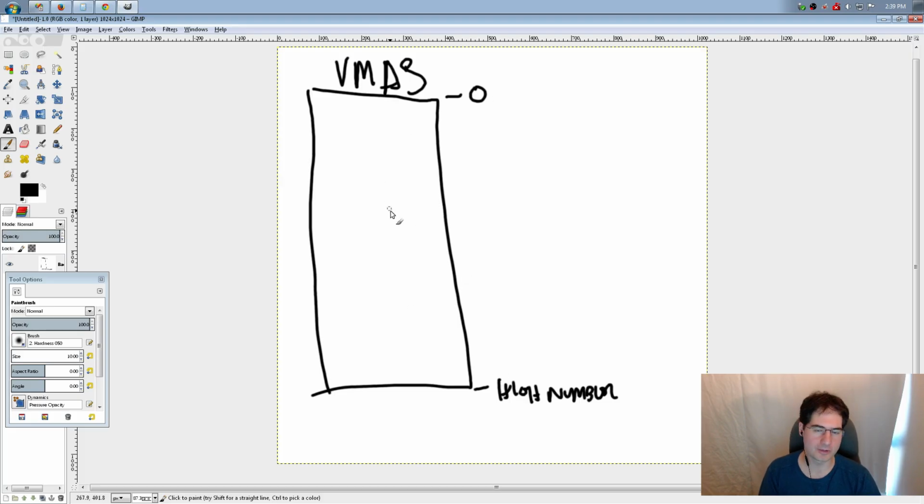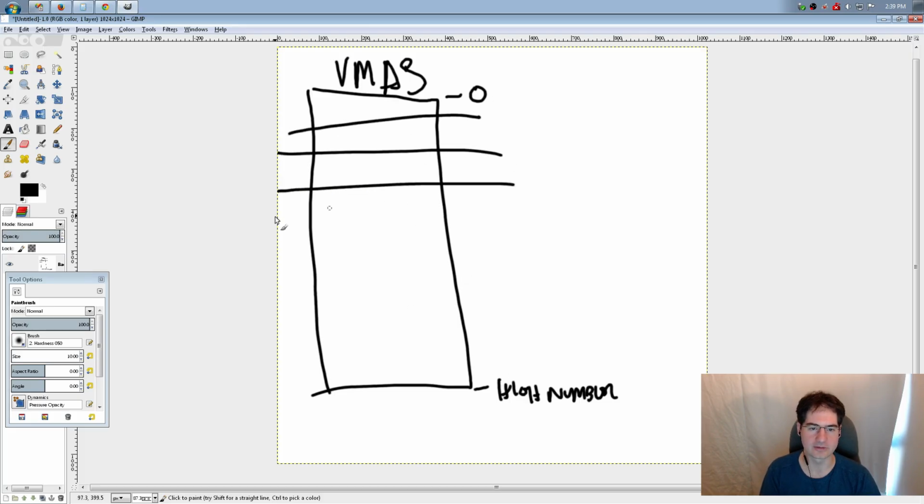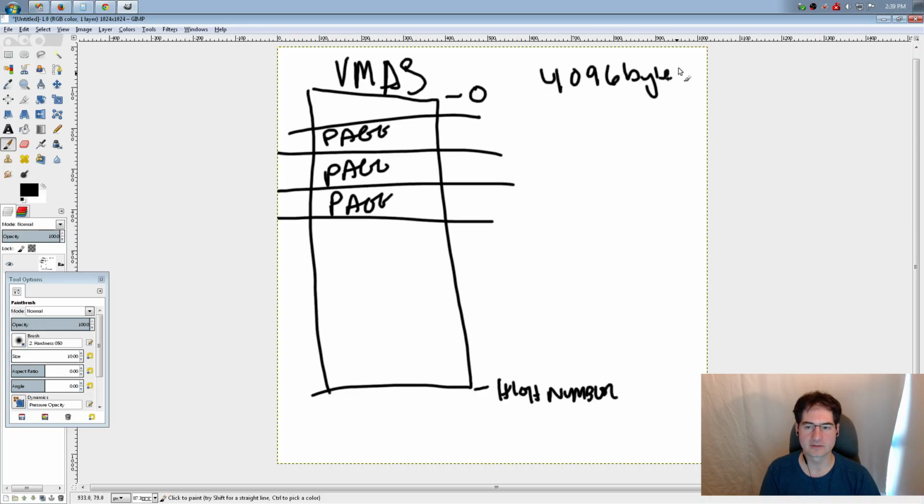Anyway, I have a virtual memory address space, and it's divided up into pages. These things are called pages. This is a page, this is a page, this is a page, right? And these pages are typically 4,096 bytes, or 64K, which is 65536, 64 times 1024. These pages are usually sizes like that, so they're pretty granular, but they store a fair bit. 64K is a reasonable amount of data in there.